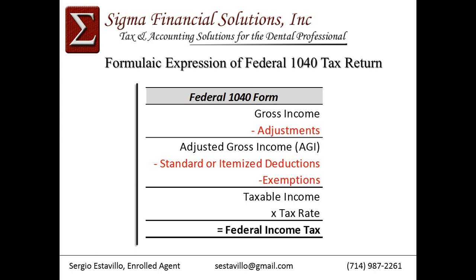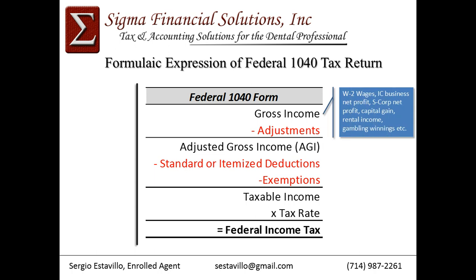And once you determine your taxable income, then you look at the tax rates established by the federal government. So you would determine your marginal tax rate. You would multiply that marginal tax rate times your taxable income to arrive at your federal income tax. So again, just a quick formula expression of your 1040